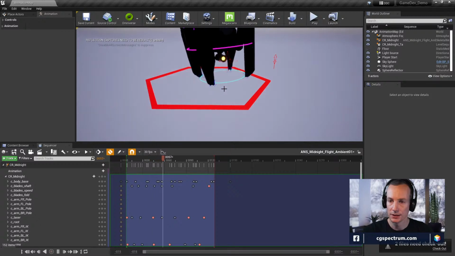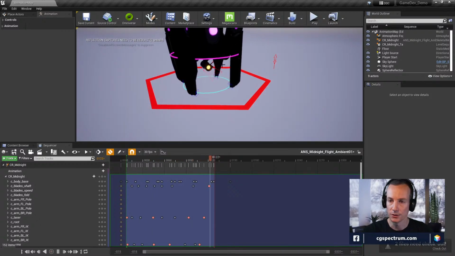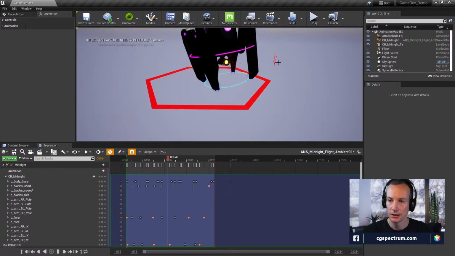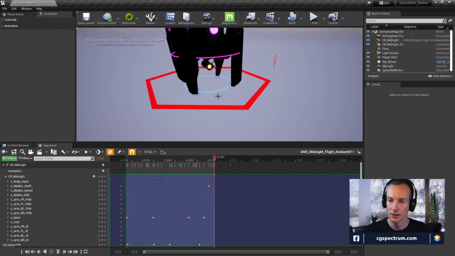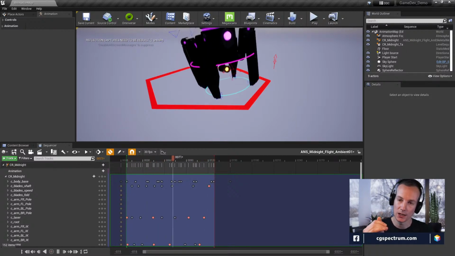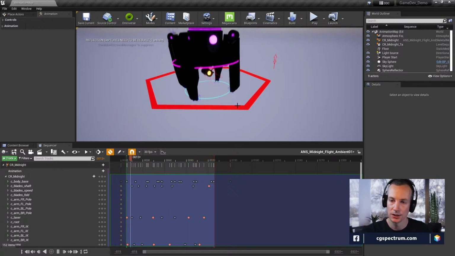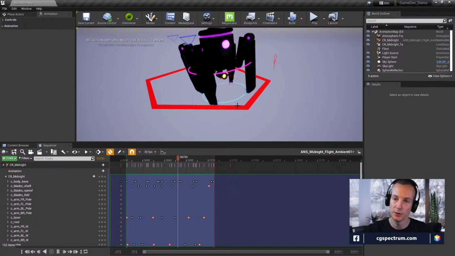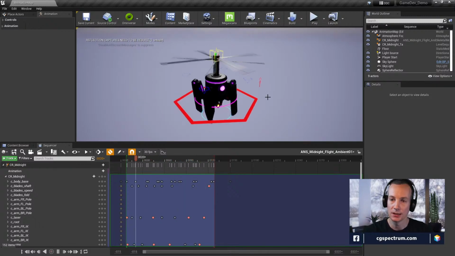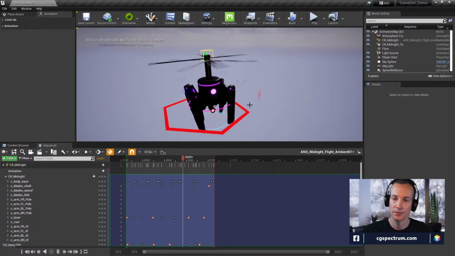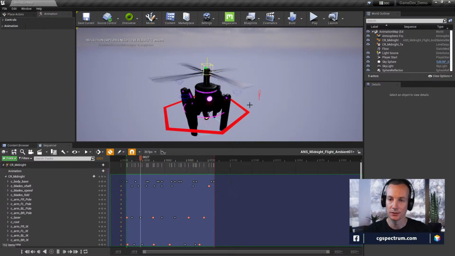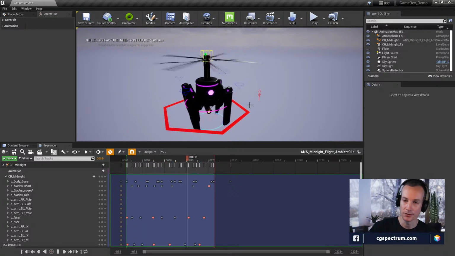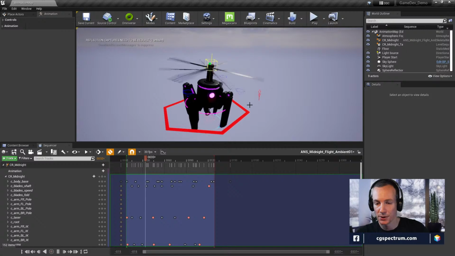You can see that the blue controller just follows along with the pink controller, and then after it was following, I animated a little bit offset so that there was that slight feeling that the legs were moving a bit, but it was all just hand keyed. And then I played around with the position of the blades a little bit so that it was like he's trying to recover. And anyway, after a bit of polish, it worked out pretty good.